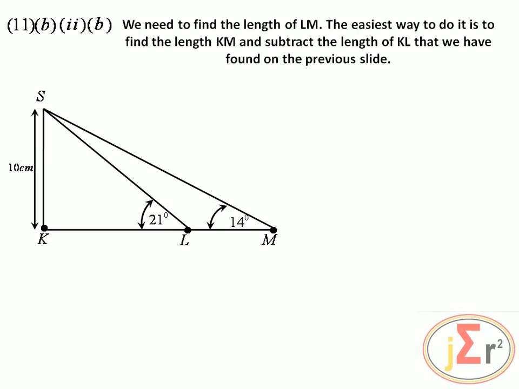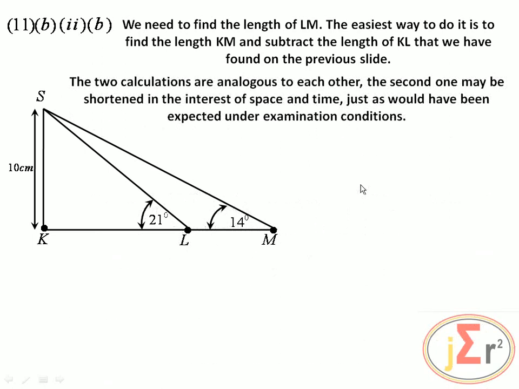But if we use common sense, we will see that LM is a part of the distance all the way out here. And we know this one already. What if we were able to tell the entire distance? Then we will subtract one from the other. And LM would have been known immediately. The two calculations are analogous to each other. The second one may be shortened in the interest of space and time, just as would have been expected under